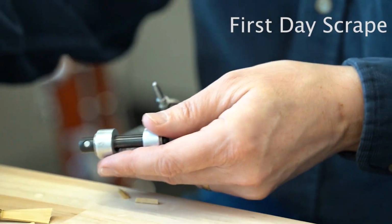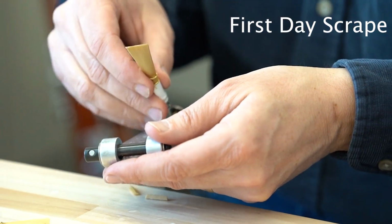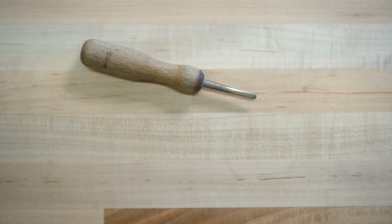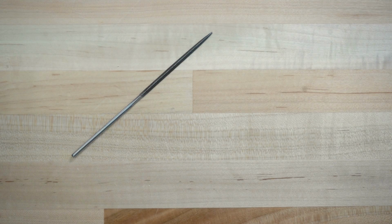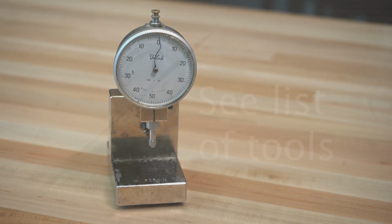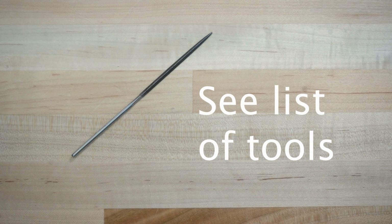You may start a first day scrape after cutting the reed blank and thinning the tip with sandpaper. You will need a holding mandrel, plaque, file, dual metric and standard ruler, pencil, and a micrometer. For most of the scraping, I prefer a Gros-Bay 3-square diamond needle file, but other medium grit files may also